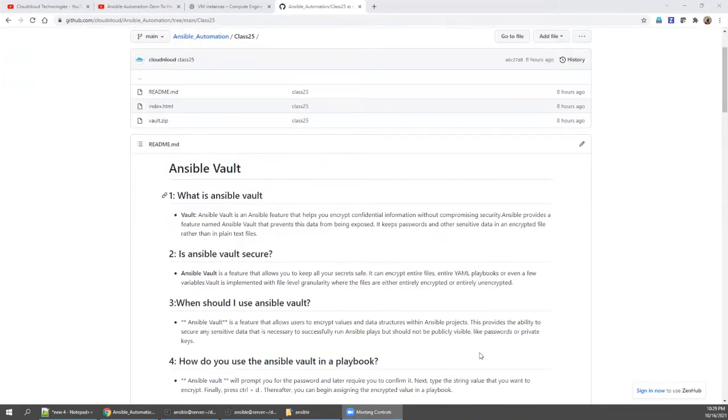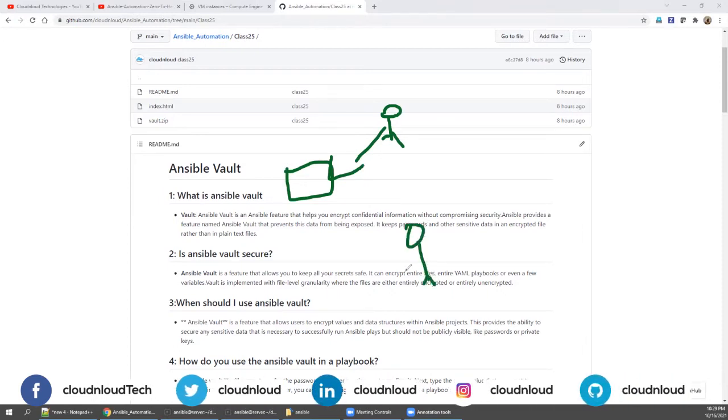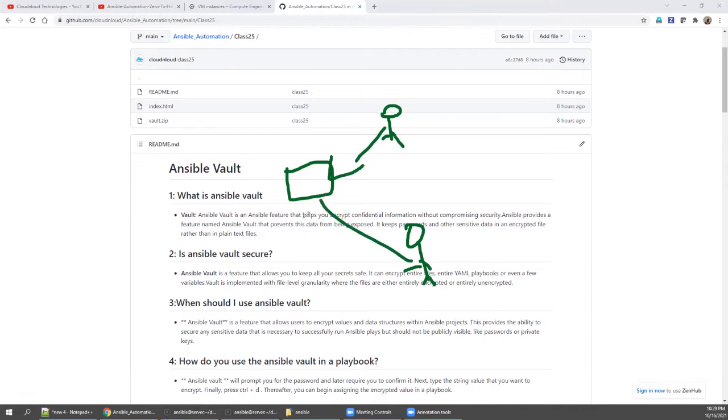What is Ansible Vault? Say, for example, I'm creating one playbook. Any user can view what is there inside this playbook, including night shift users, or any user who has access to that folder.